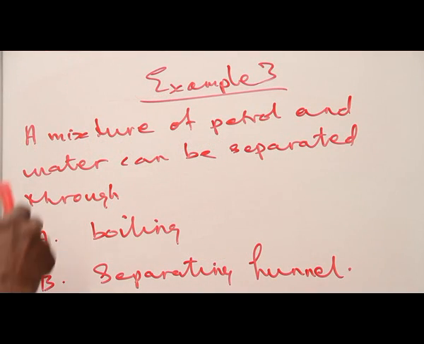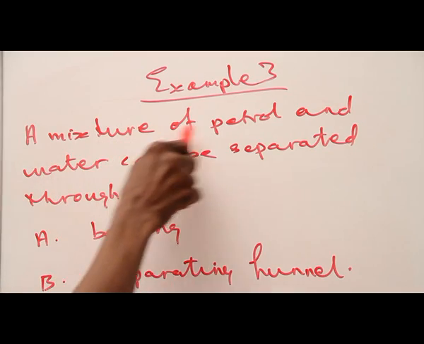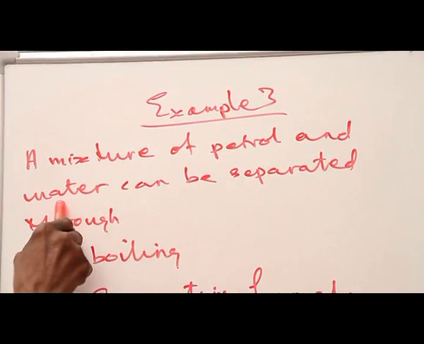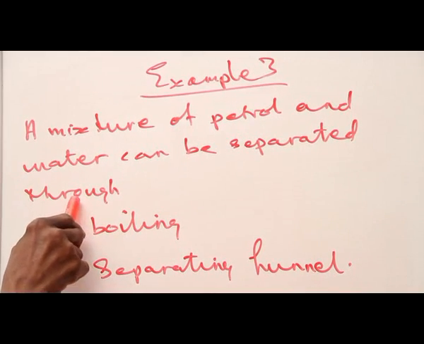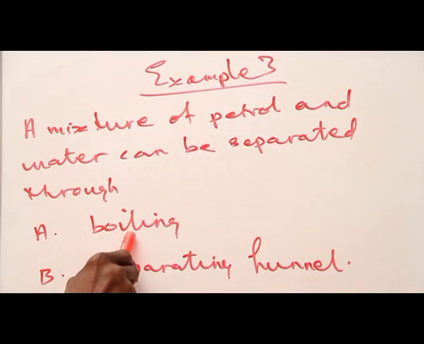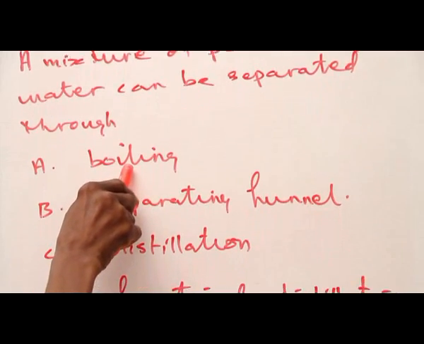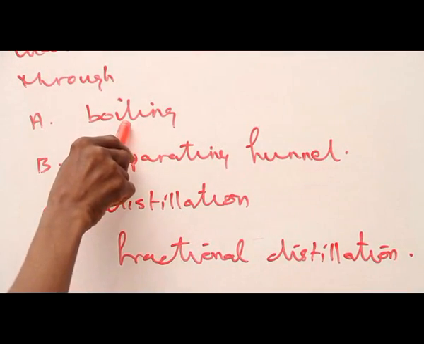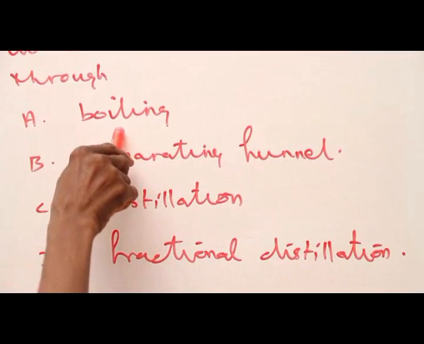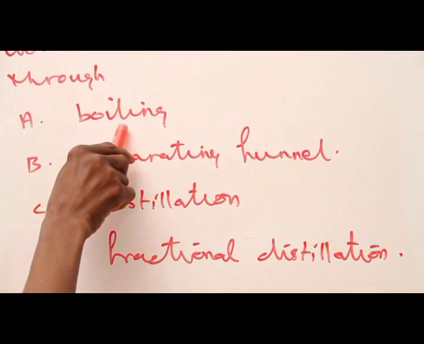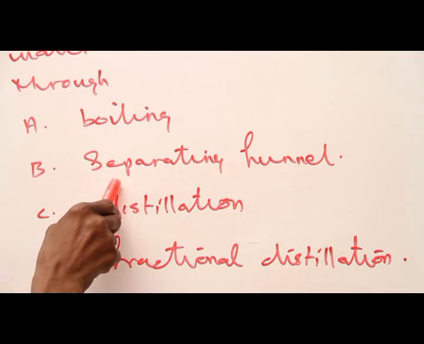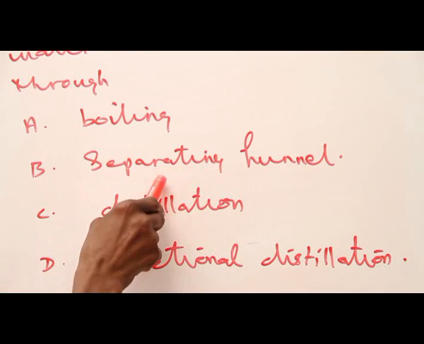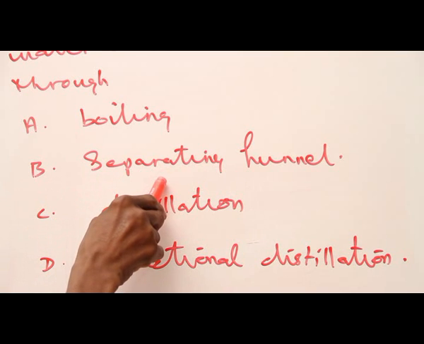Example 3. A mixture of petrol and water can be separated through A. Boiling. Wrong. We don't separate a mixture of water and petrol by boiling. Boiling can only be used to separate a mixture of a soluble solid in a liquid. B. Separating funnel. Yes. A separating funnel is used to separate a mixture of water and petrol because they are